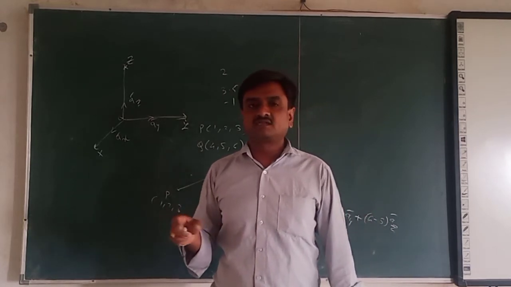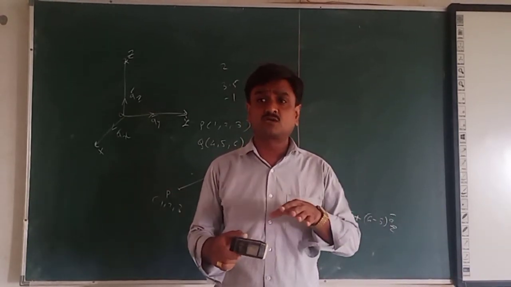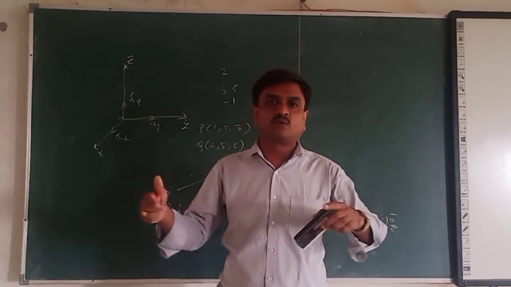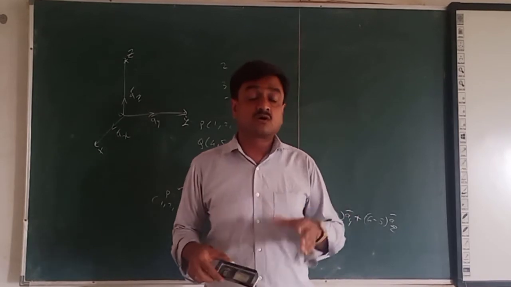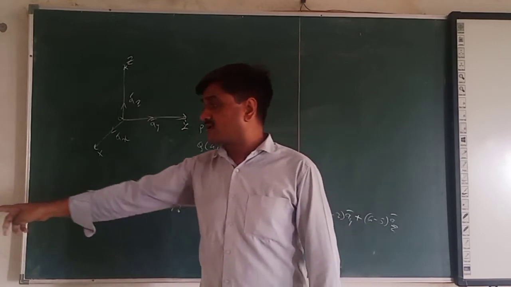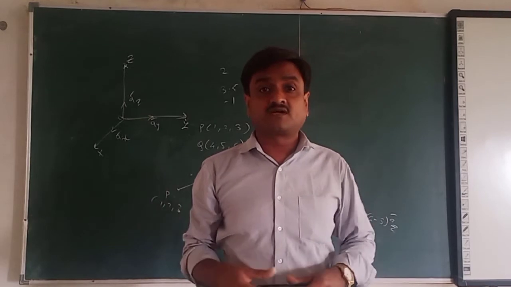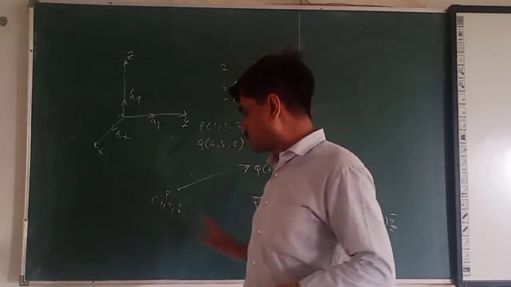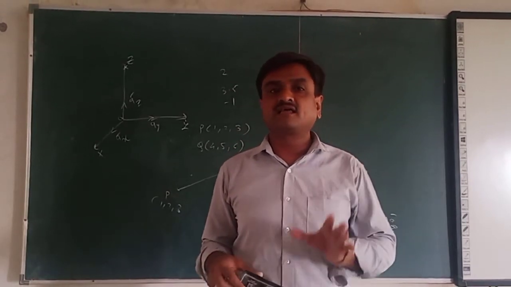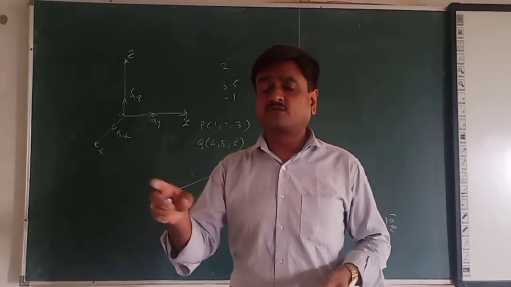For example, take the area of this room. If someone wants to find out the area of this room, then we have to measure the length, and then measure the breadth of this room, and multiply. So length into breadth. If someone says, I am not satisfied with this, you measured length from here to here, now measure from here to here, the area will be somewhat different. This is not the case. You can measure the length from here to here or here to here, the length will be the same. So length and area are scalar quantities, they don't need any direction, even when you measure from rightward to leftward or leftward to rightward.